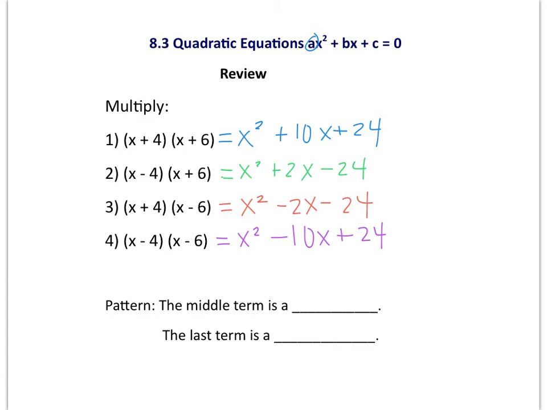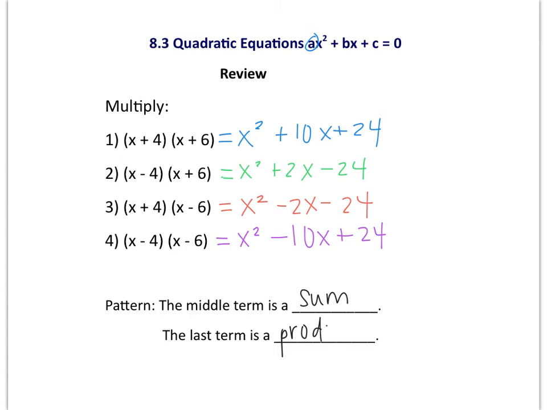So between 4 and 6, we either get 10 or negative 10, 2 or negative 2. So that is a sum. So we add together 4 and 6, or negative 4 and 6, 4 and negative 6, or negative 4 and negative 6, and we get our middle term. So that's a sum. The last term we get either 24 or negative 24 from 4 and 6, or negative 4 and negative 6. So to get 24, we take the 4 and 6 and we multiply,